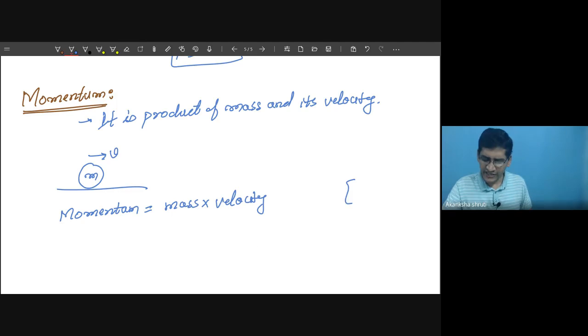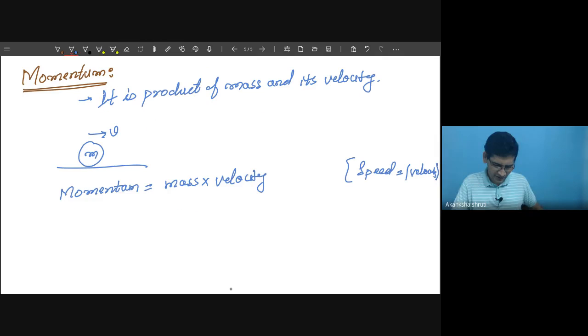In a strict sense, it is the velocity, but speed is also the magnitude of velocity. This we have learned in chapter 1. Speed is the same as velocity if the body is moving on a straight line without changing its direction. Okay, students? In symbol form, this momentum is denoted by P, and mass is denoted by M, and velocity